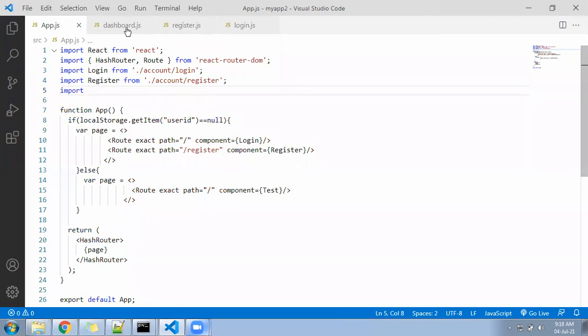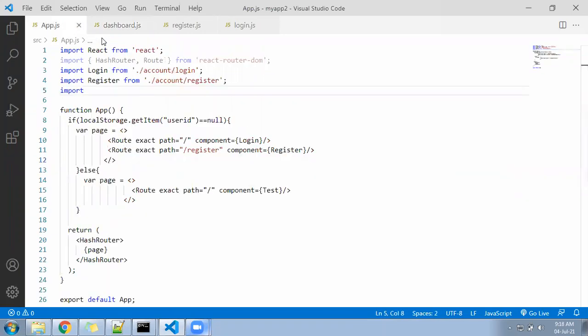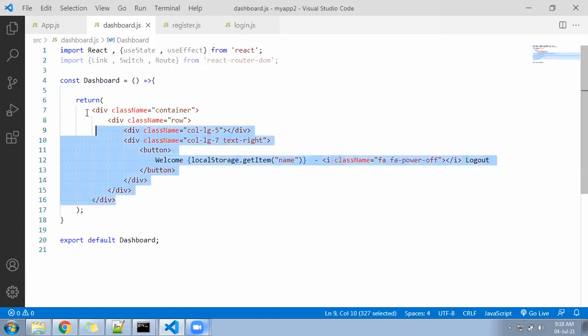All has completed? Yes or no? Then I'll move next. Container, row, column 7, 5, button welcome, name, I className fa fa-power-off. Okay, then come to the app.js file. Even I'll send you this in your chat also, in case anyone is delayed, you can use it.